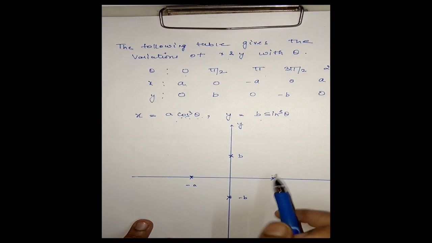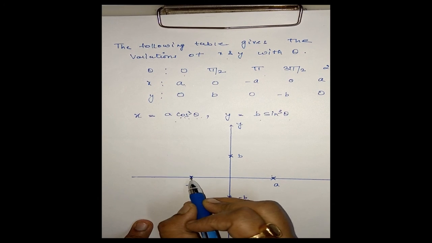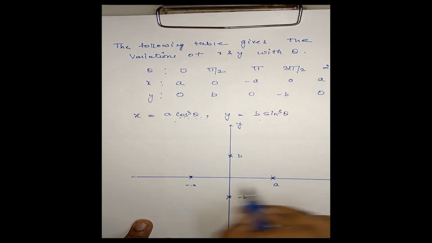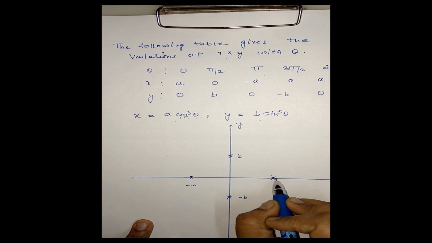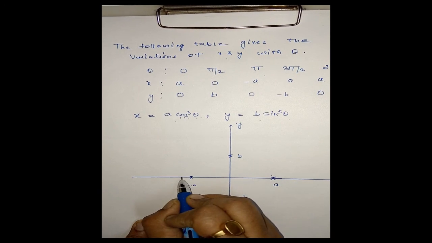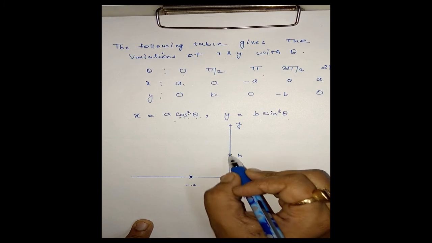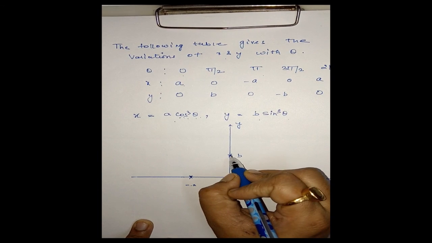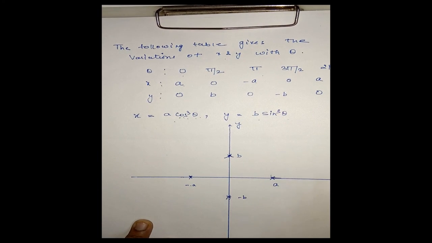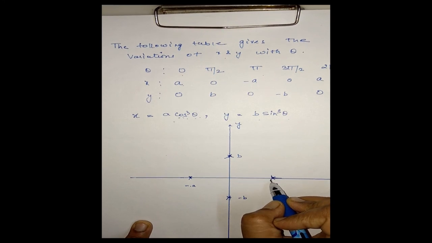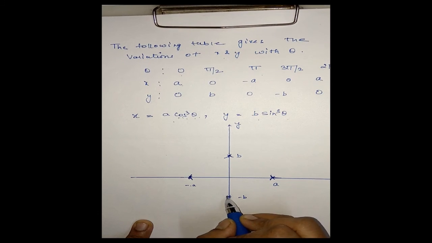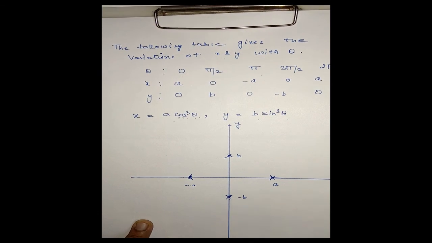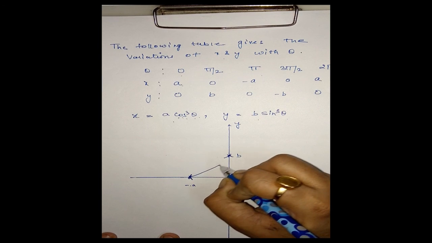Now at the points minus A0 and A0, the tangent is the x-axis, that is, this is the tangent, and at these 2 points the tangent is the y-axis. That means the shape is like this here and here like this. So at these 2 points the tangent is the x-axis, at these 2 points the tangent is the y-axis. The shape is like this. That means we can trace this curve like this.